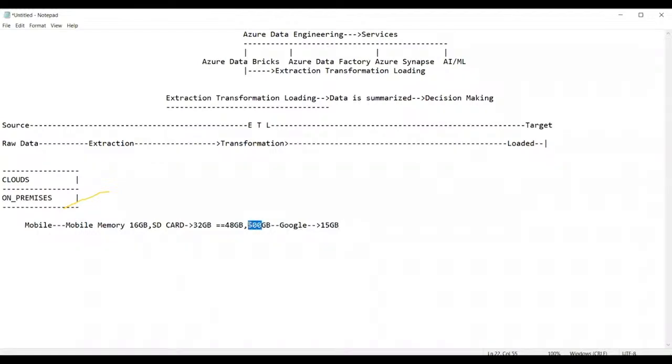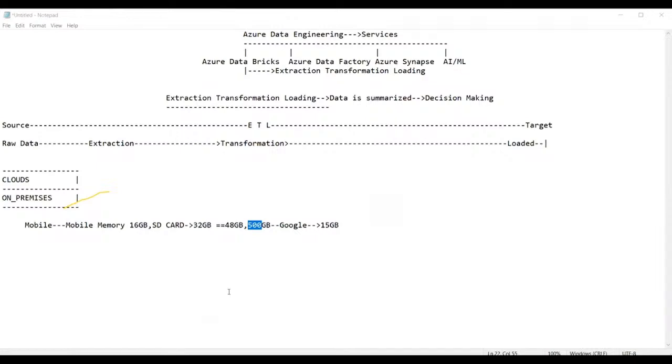500 GB. So now what you have to do, tell me now. Tell me, guys. Guys, please tell me. Did you get my question? If you get the question, just simply say yes, or else I'll repeat the question once again.